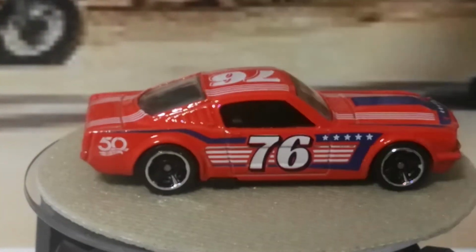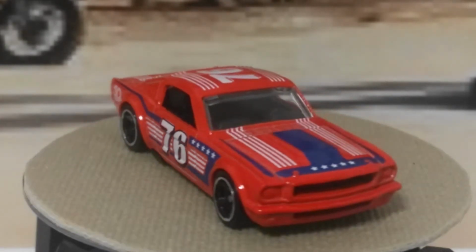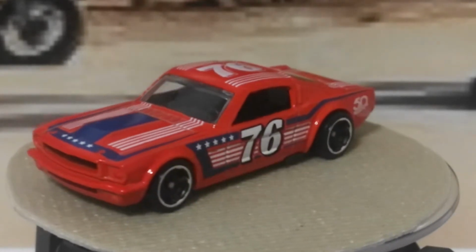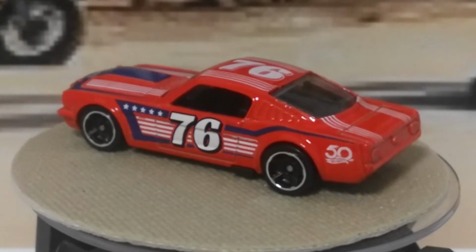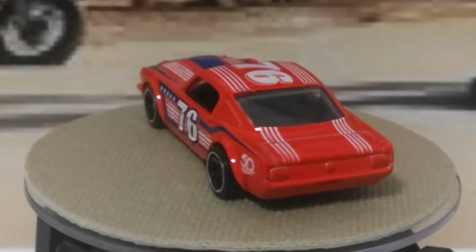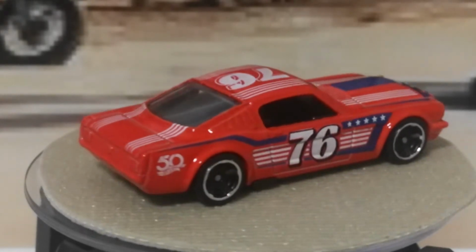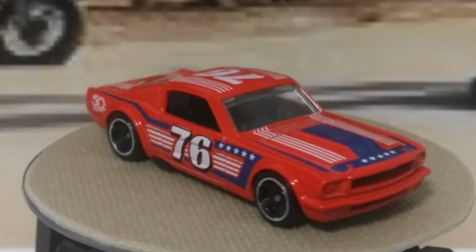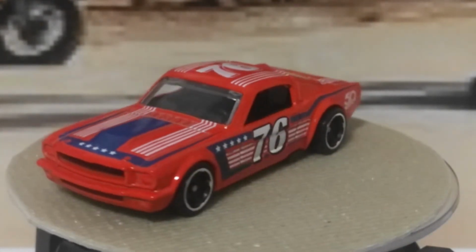This is really nice. Beautiful Mustang. Beautiful red colour. Great decals on it. Outstanding. Really tasty. That's a lovely little car, and there's the 50 on the back panel there. Stripes up over the top. 76 on the numbers, and that is really nice. So that is the 4th car in the series,